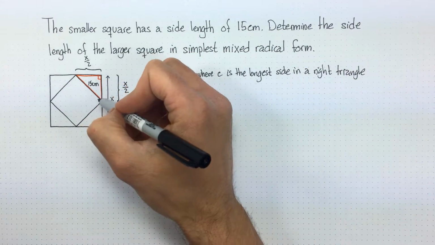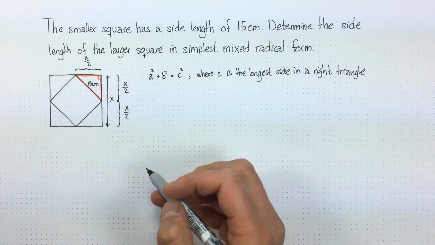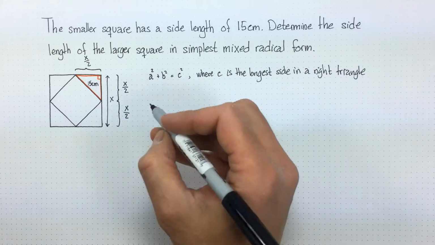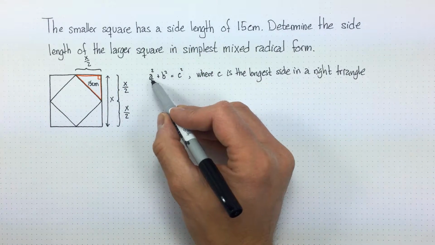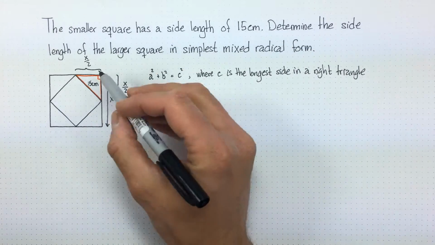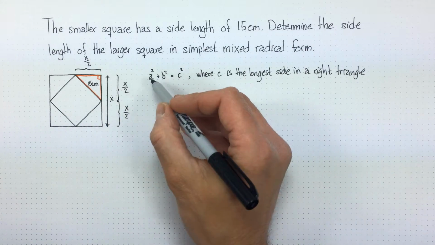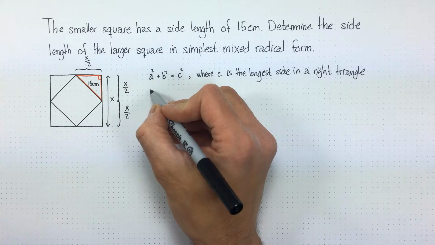So we have a right triangle, the red triangle here. The longest side is 15 centimeters. And we can now replace a, b, and c with the quantities that we have. So a would be x over 2